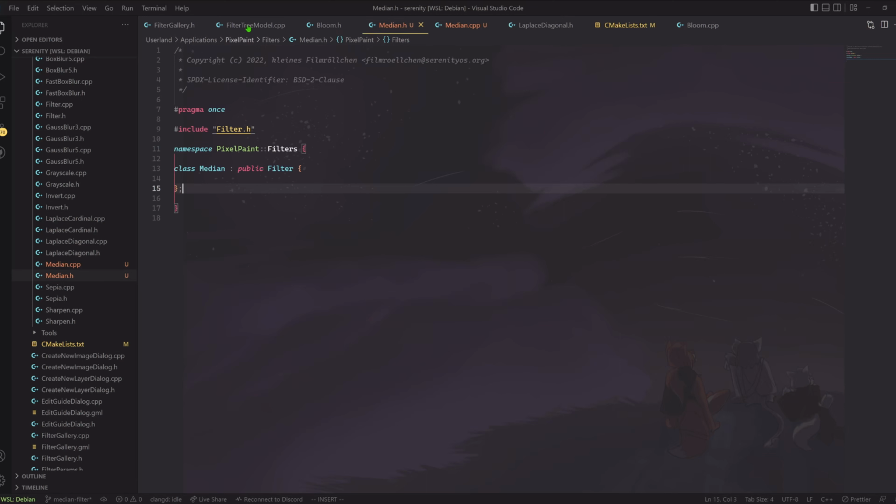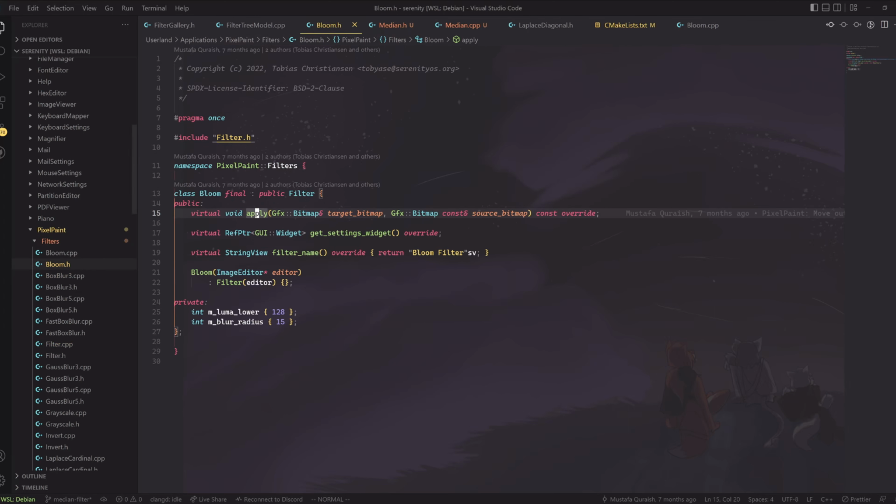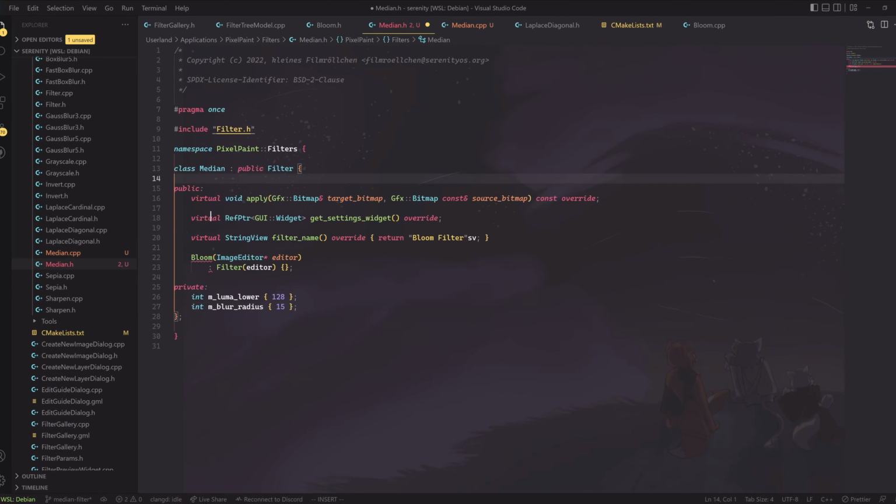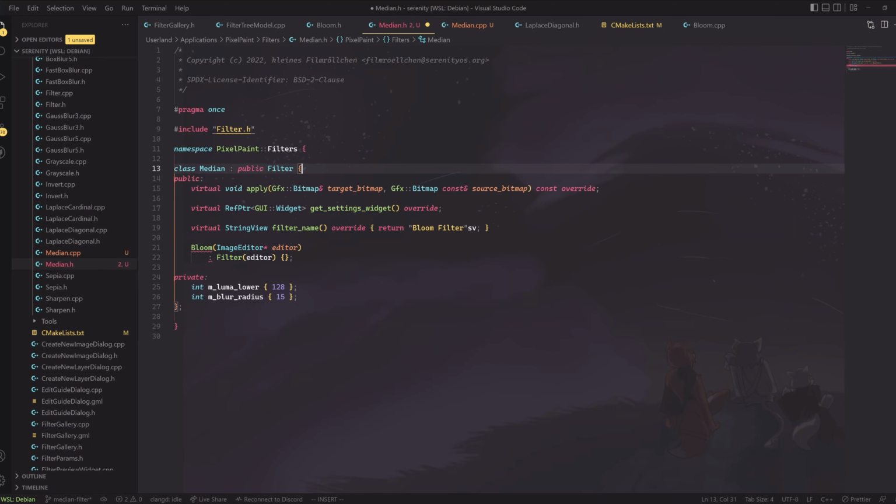And so let's actually just grab ourselves the bloom filter just to get things started. We need a median filter here, median which does nothing special, and filter radius